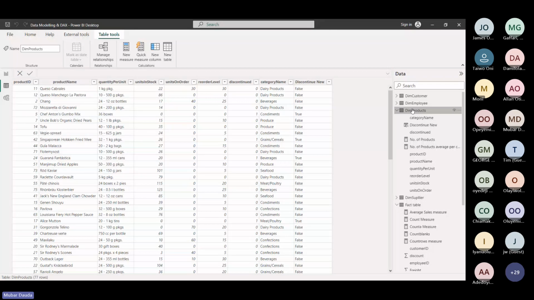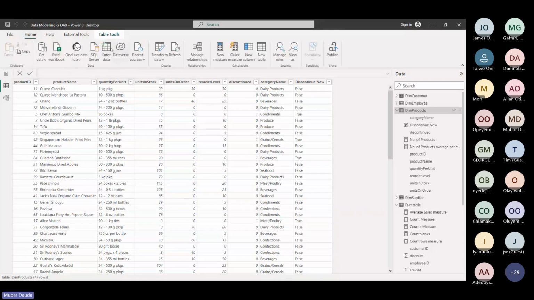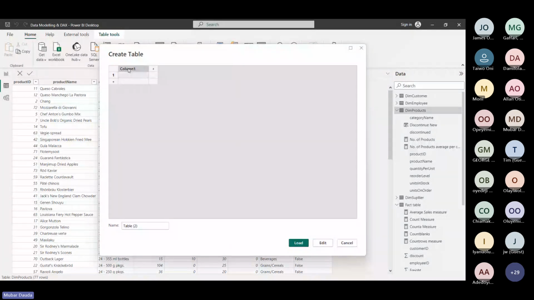Okay, to explain that, let me quickly create a simple table here. Count. So we have one, we have this, we have